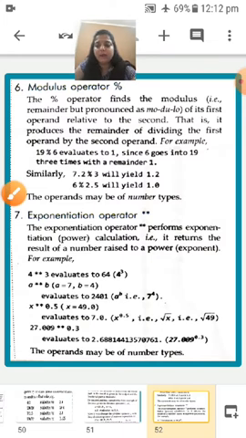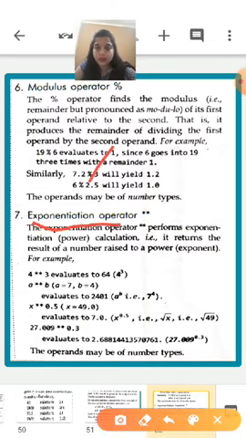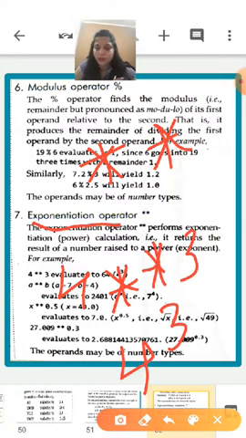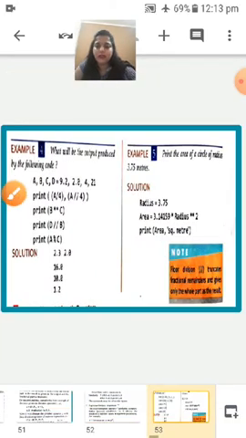Okay children, now the exponentiation operator, in this you have two multiplication signs like this. Now in this you deal with the power. See, if you have 4 and you have this exponentiation sign 3, it means 4 power 3. It means you have to multiply 4 three times. Okay, getting my point? So these are examples of the exponentiation operator. Now with this you have one question regarding these arithmetic operators. Then you have these, which operators we have discussed right now: floor division operator, modulus operator, exponentiation operator.